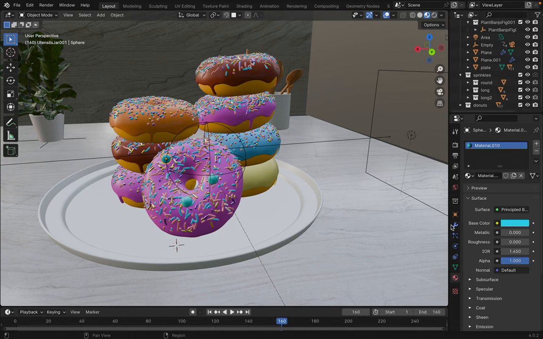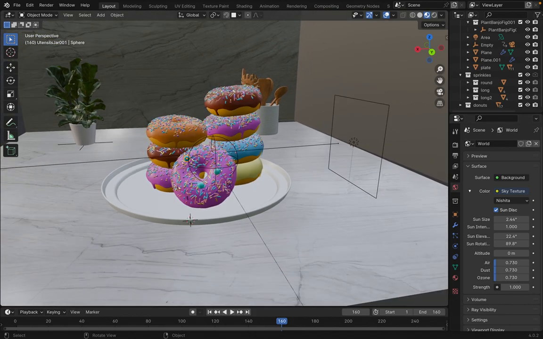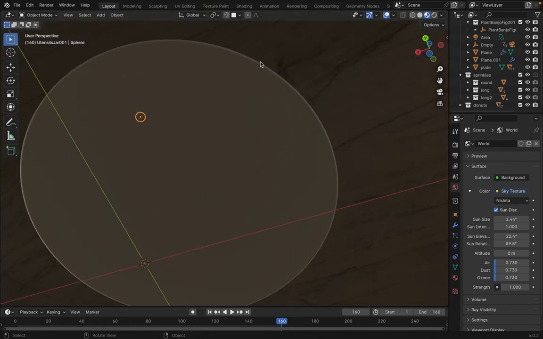So let's go to the wall. Now maybe 0.7, 0.73. We change this one to 0.73. So we change also this one to 0.73. Also, I forgot something. What we're gonna do is